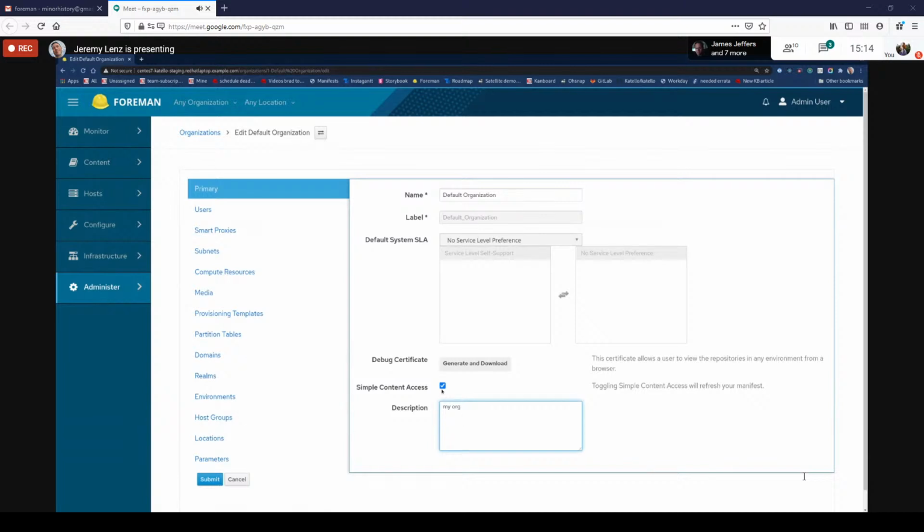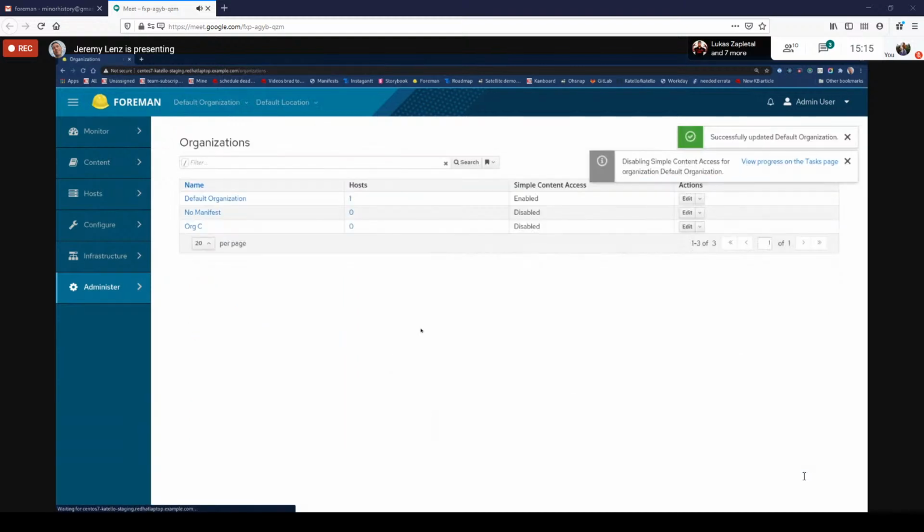So if I've made my changes, let's say I want to turn simple content access off for this organization. Once I hit submit, I'm going to see two flash notifications on the screen. The first one just confirms that my basic edits were successful, and the second one is telling me that a task started to disable simple content access for the